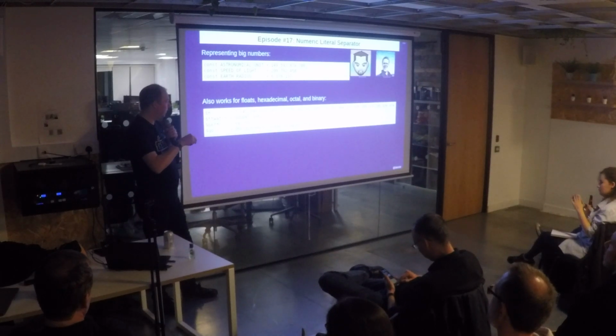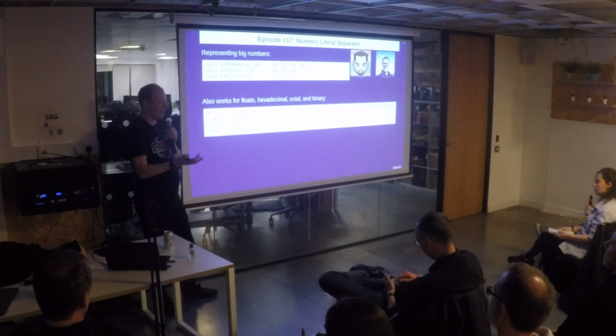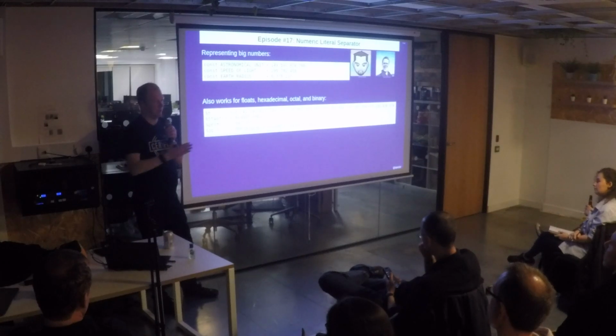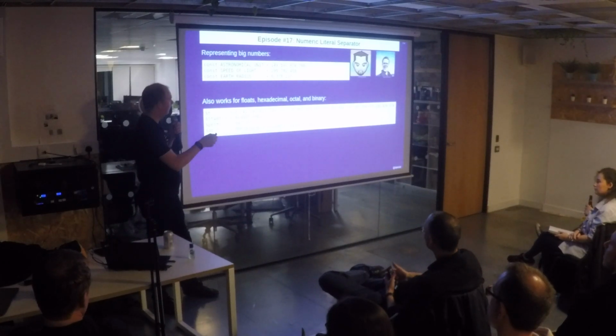It's purely for making it easier to read. And I think it is mostly useful for when you have to do something with hexadecimal values, where you have a very specific format, or really big numbers like the astronomical unit, the average distance the Earth is away from the sun in meters, stuff like that. Or when you have bit fields.